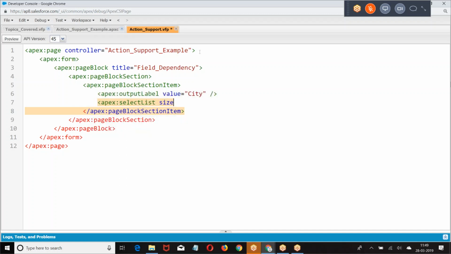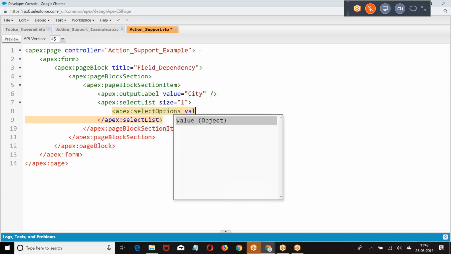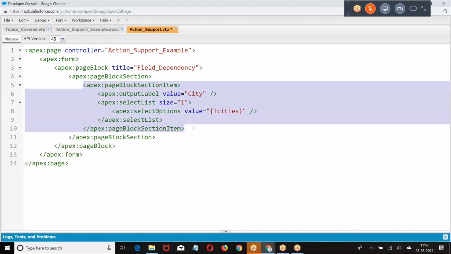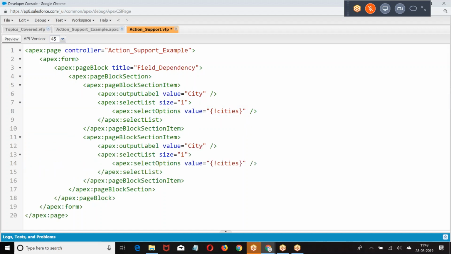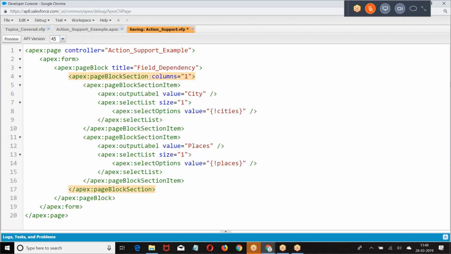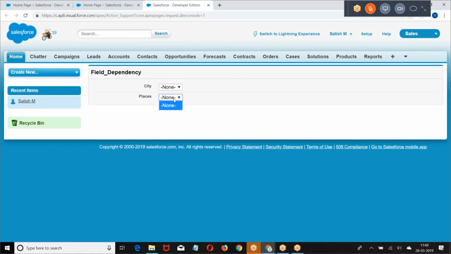Select list size equal to 1. Then I gave. Now let us go with this review. You got a city, places. Two pick list fields, there is no dependency, right?